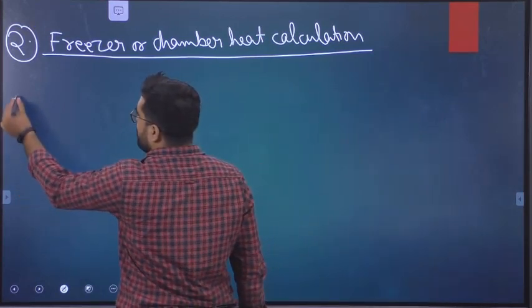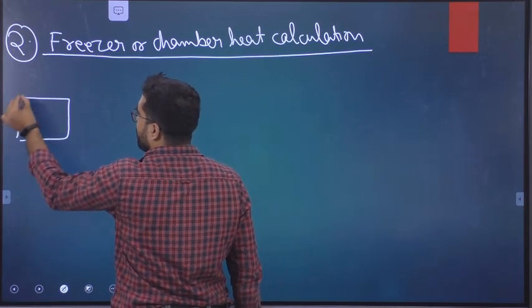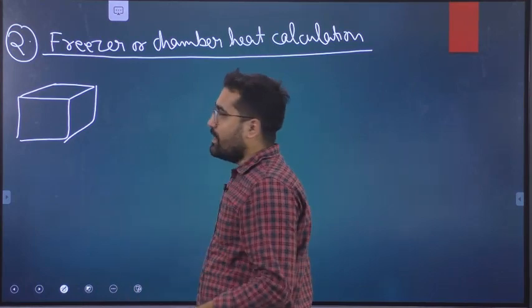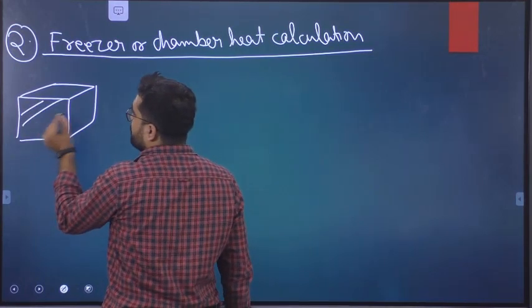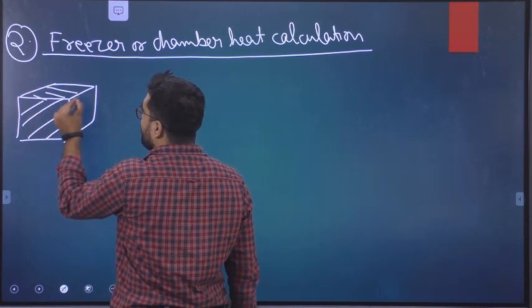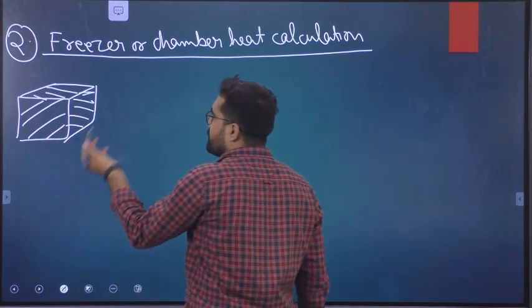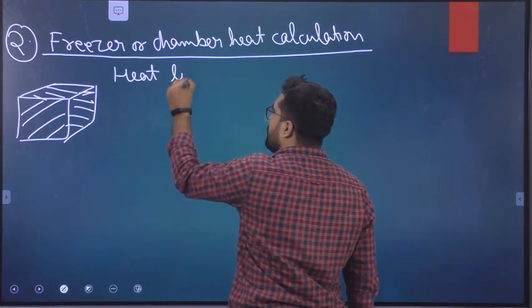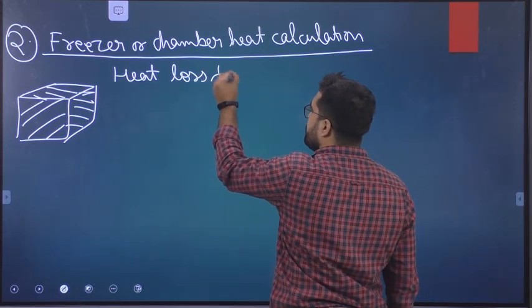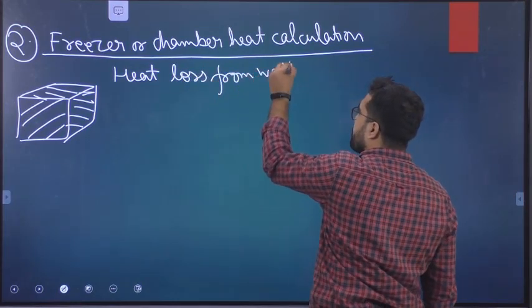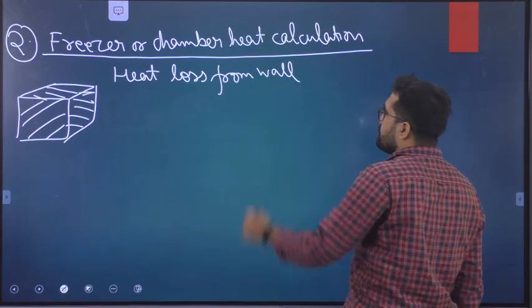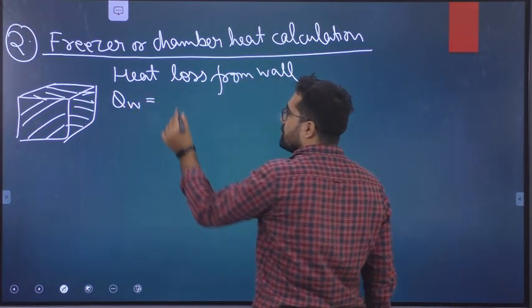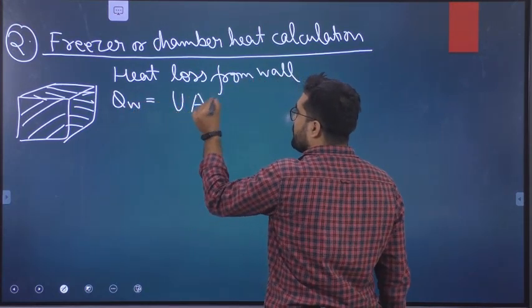Suppose we are keeping our produce inside a room, for which we have to find out the area. What will be the surface area of this room, so that we can find out the heat loss because of the walls of the room, because of the radiation. So first is heat loss from walls. We can say QW, which is equal to U into A into delta T,